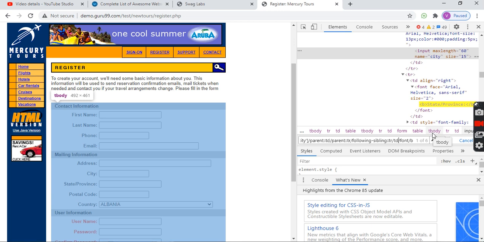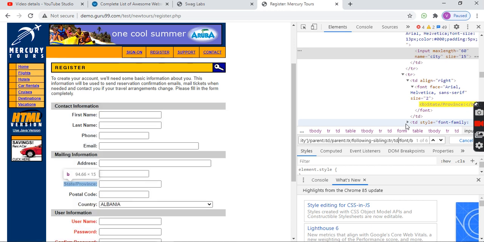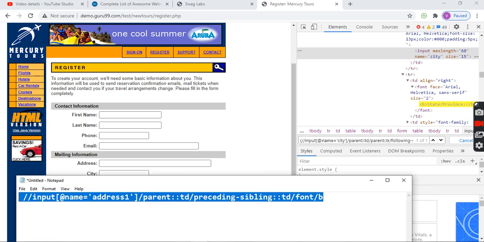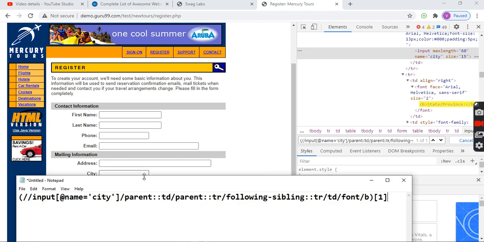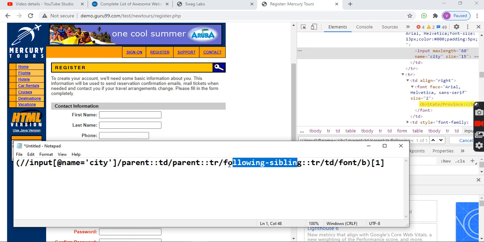So we can use index. Here you go. Okay, this is the way we can identify the elements. Okay, following siblings.